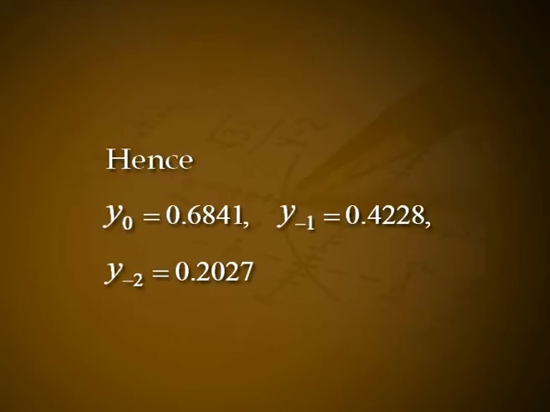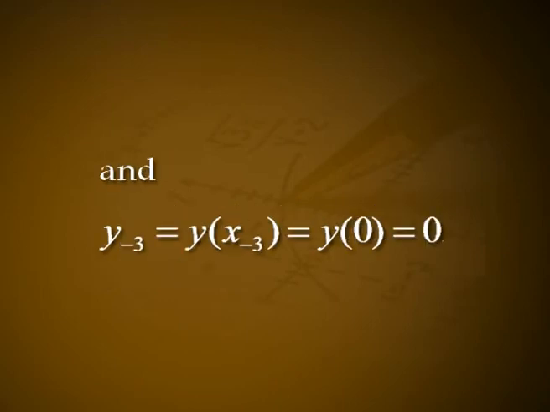Hence, y_0 = 0.6841, y_{-1} = 0.4228, y_{-2} = 0.2027 and y_{-3} = y(x_{-3}) = y(0) =